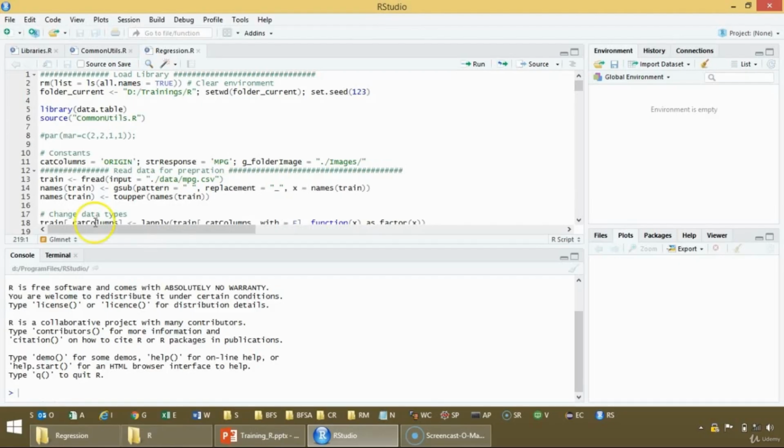Okay. Let's start. Line number 2, we are clearing the environment. Line number 3, setting the working folder and setting the seed. Line number 5, getting the data table library because it will be useful for us. And line number 6, getting the util file. And line number 11,